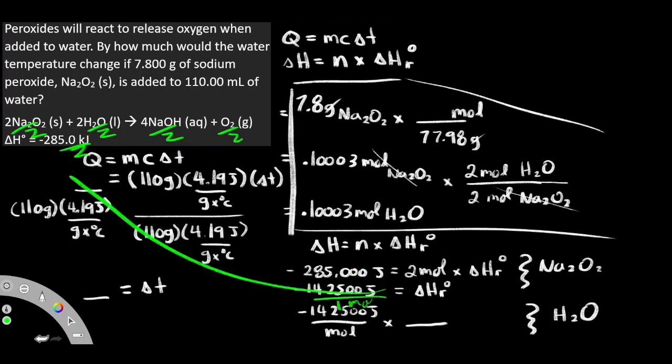However, I cannot add this over here because that doesn't make sense. This is Na2O2 and this is all about water, so it doesn't work. So I have to change this into my water. So I've already done my molar ratio and then the conversion from grams to moles, and I've found my moles of H2O. So if I were to bring this down here, now I have 0.10003 moles of H2O. This mole cancels out, so I just do this times this. I end up getting